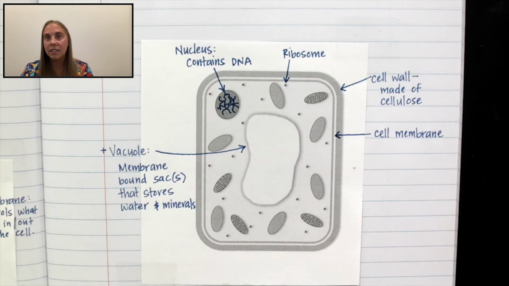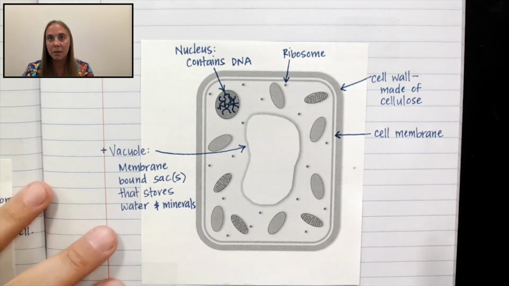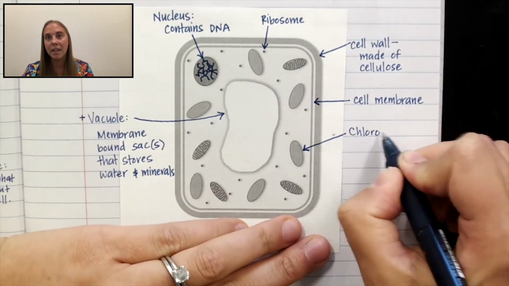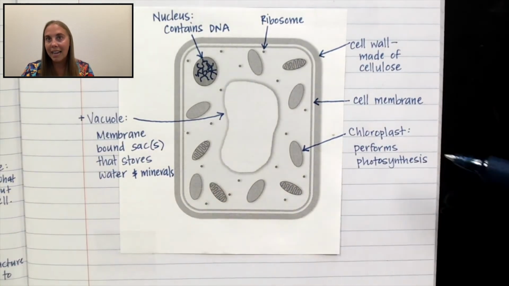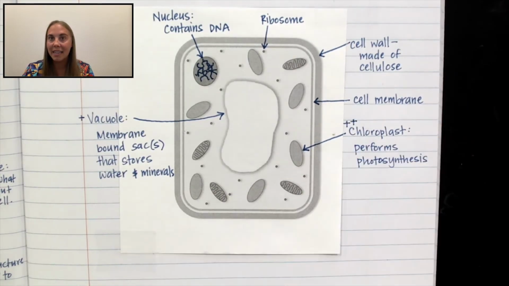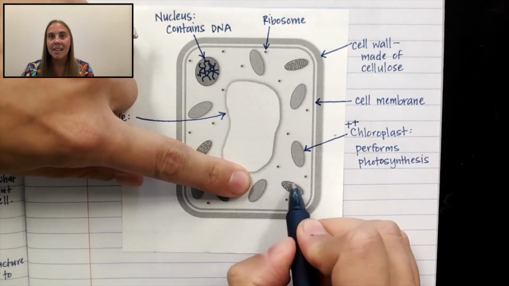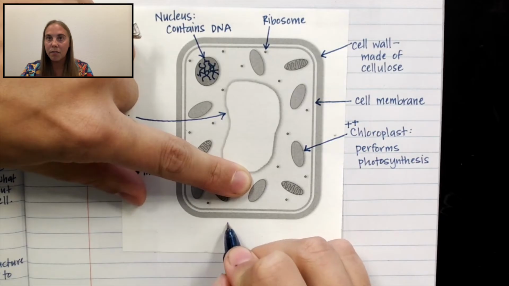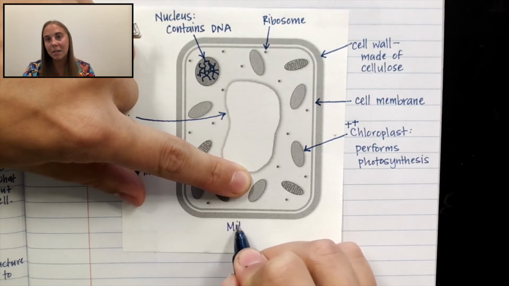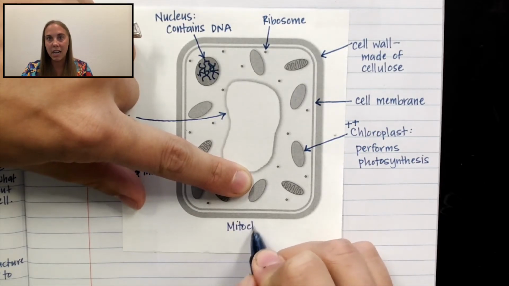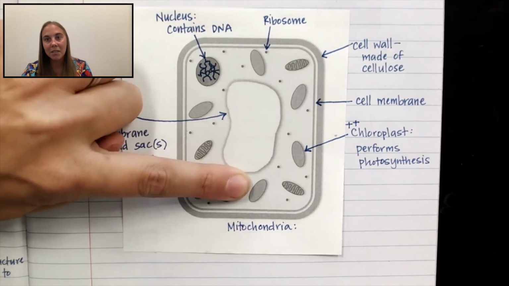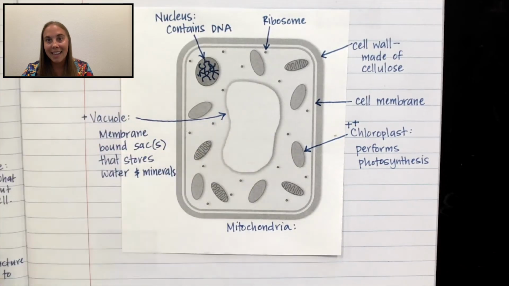Inside of plant cells, there's also a bunch of these oval things that represent chloroplasts. The chloroplasts are responsible for performing photosynthesis. Chloroplasts get 2 pluses in front of them because they're actually surrounded by 2 membranes. The next thing is a mitochondria. Now, mitochondria perform cellular respiration, which is the process that cells use to get energy. Mitochondria also have 2 pluses in front of them because they also are surrounded by 2 membranes, and this is